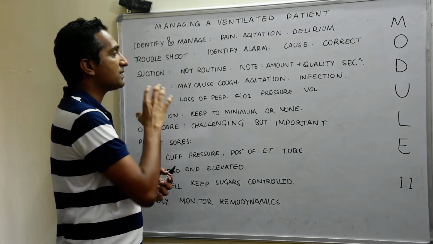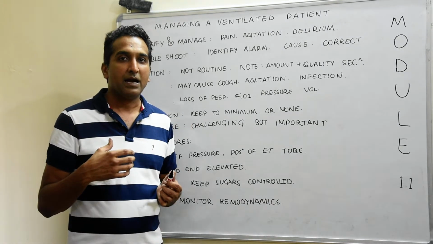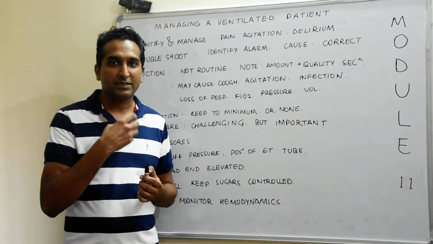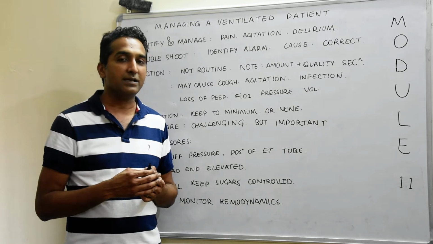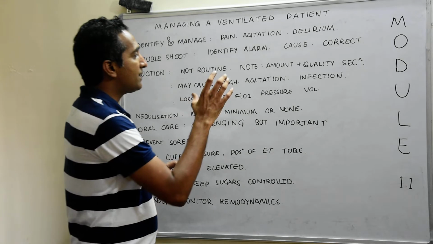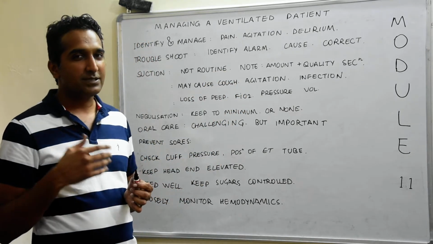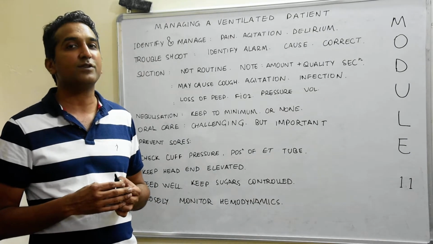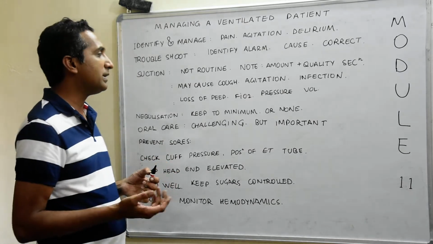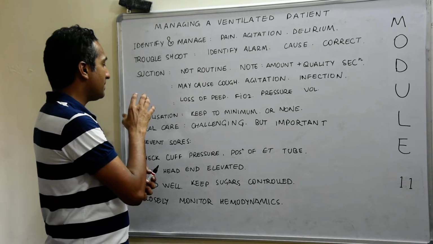And the reason you need to suction is because there is a lot of secretion which you think is causing higher airway pressures or causing obstruction or is coming repeatedly in the tube. And when you do a suctioning, try to note the amount and the quality. The quality, because a purulent secretion may be the indicator of the presence of an infection, and the amount tells you how frequently you need to suction the patient, but keep it to a bare minimum.